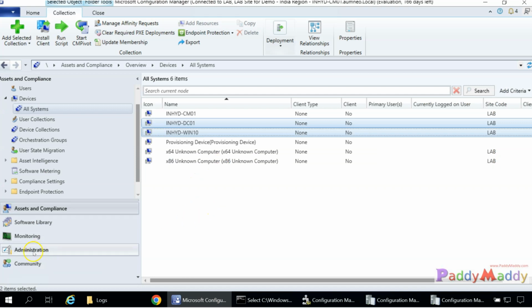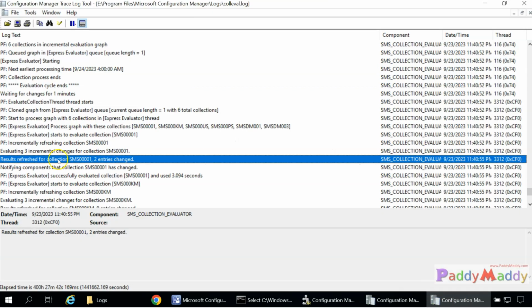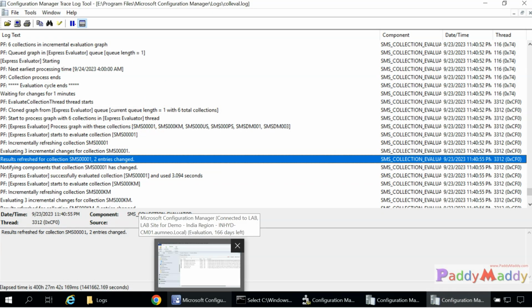Now we configured one discovery method. Now we know what is happening in the backend, how it is coming up, including the component we know, including the inbox files that get created and processed. Later it goes to collections with the collection evaluator, right? Just in case the collection is not updated, because it took 2 minutes, right? If I had not explained to you by this time and immediately went and checked, it might not be available